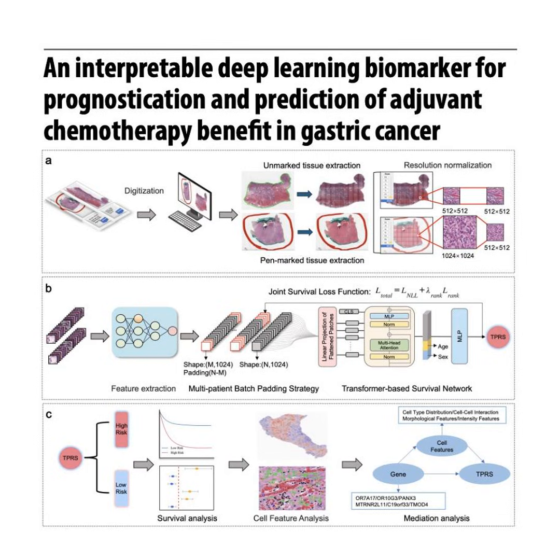But did they test it against the current gold standard? Does TPRS actually beat the TNM system? They ran it through a multivariate Cox regression analysis. So that's basically a statistical bouncer. It looks at every factor, age, gender, TNM stage, and TPRS, and tests if TPRS still matters when all the other variables are already accounted for. Exactly that. The Cox regression proved TPRS is an independent prognostic factor. Even when you know the patient's exact TNM stage, TPRS provides critical predictive power that the geographic spread of the